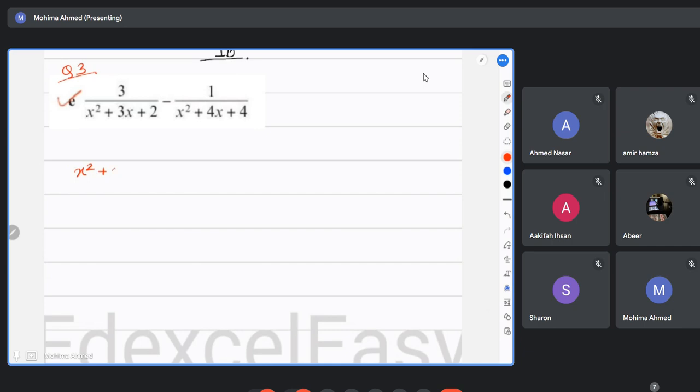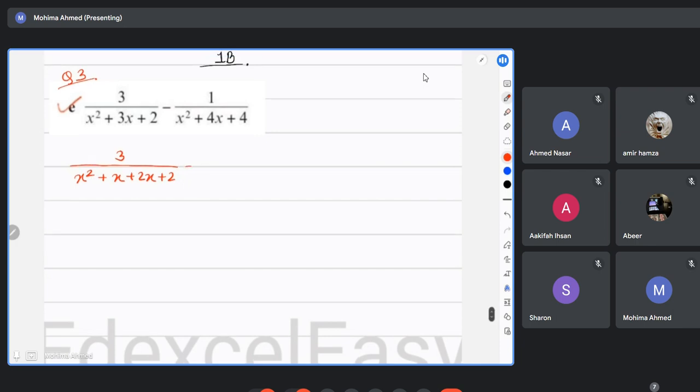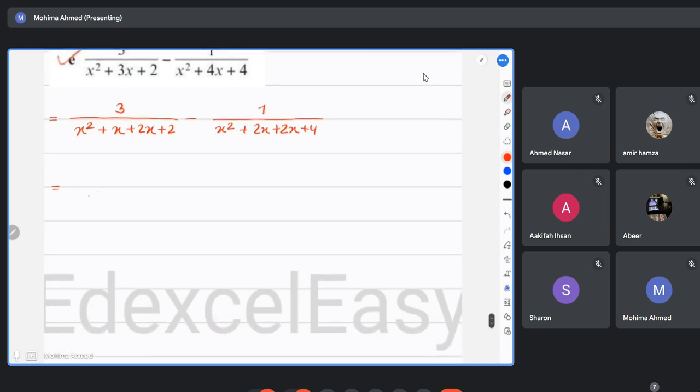So I can take x plus 2x plus 2 over 3 and then minus 4x. So I can take x squared plus 2x plus 2x plus 4 and then 1. So eventually you're going to get x plus 1 and plus 2x plus 1